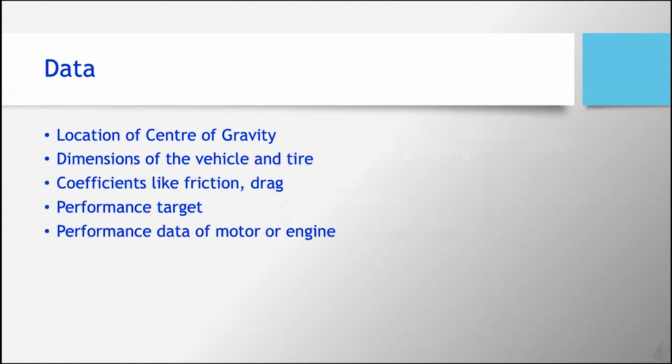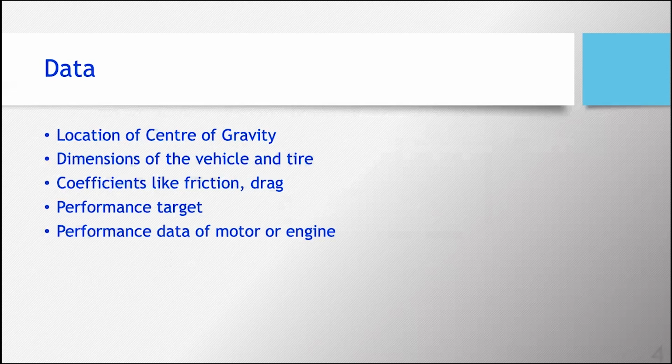Coming to the data required for this project is the location of the center of gravity, I mean the complete combined location of the center of gravity with all the components, which is used for weight distribution, and hence we can find the traction and all. And the dimensions of the vehicle, like track width and wheelbase, and also tire dimensions like rolling radius of the tire, and also coefficient of friction, like drag of the